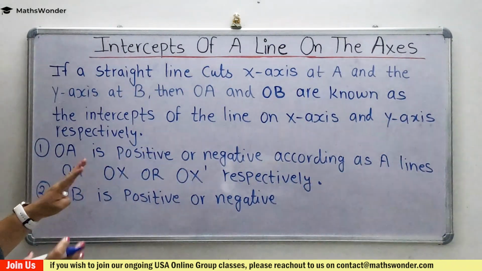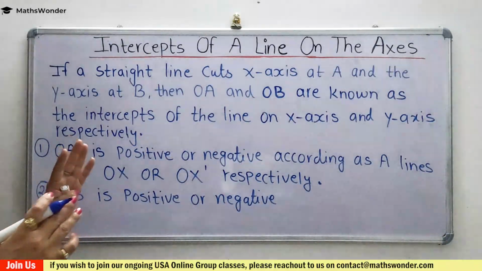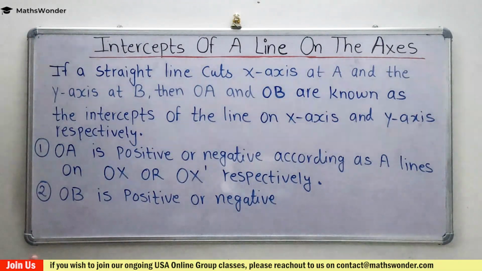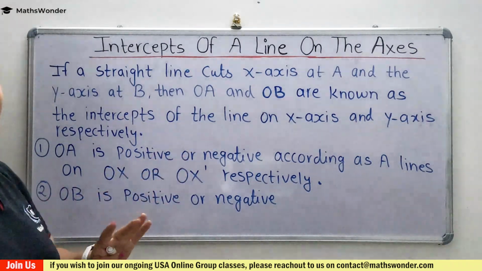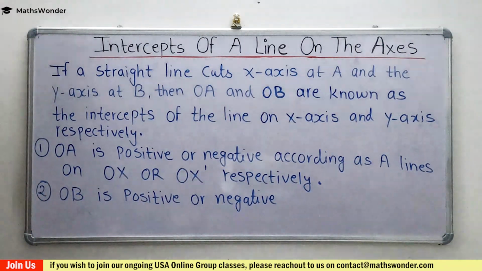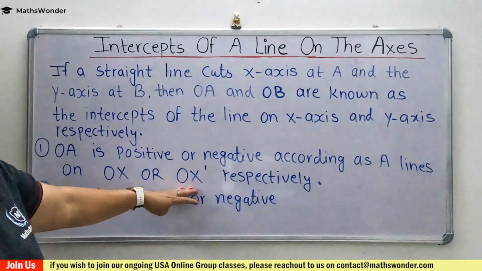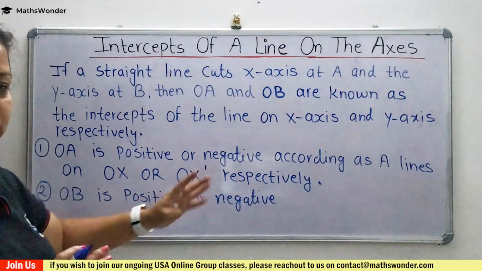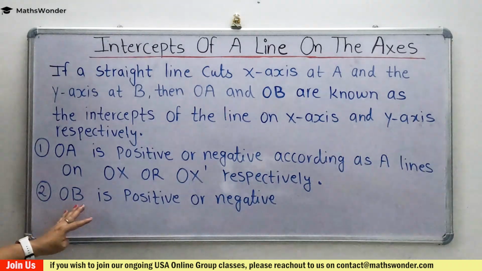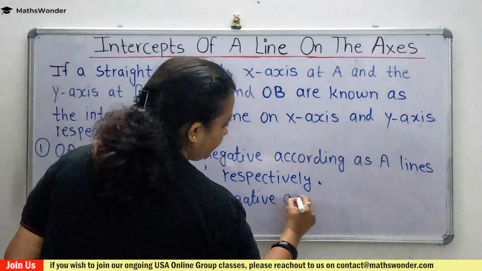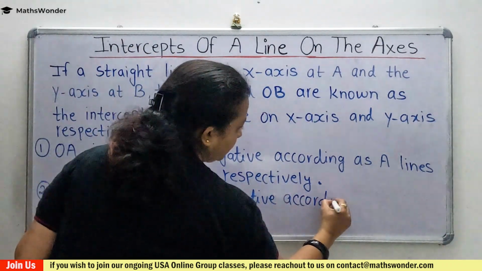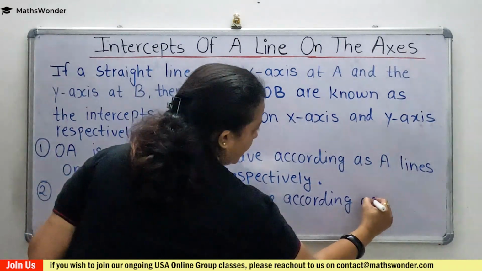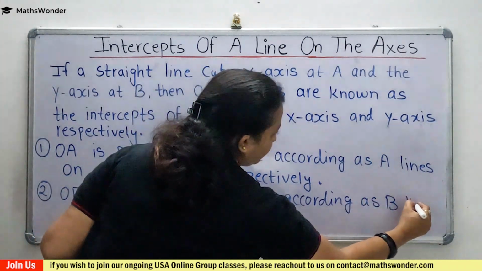According as A lies on OX or OX dash respectively. If your OA is on OX, then it will be positive. If OA is on OX dash, it will be negative, like this. Similarly, OB is positive or negative according as B lies